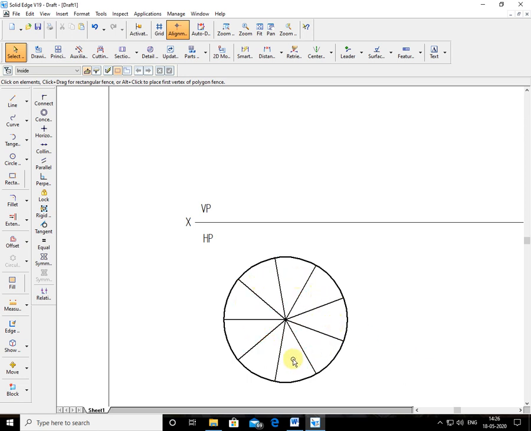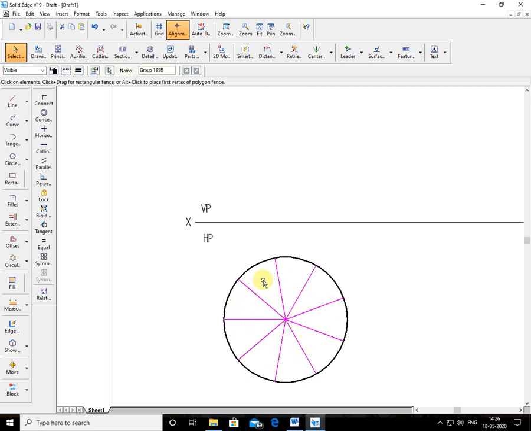You got 9 divisions, correct? So it is an odd number. But I want how much? 8. So the pattern command, you understood. See, it is creating a pattern. Now see here. If I click anywhere on this line, it will select all the lines because it is a pattern.